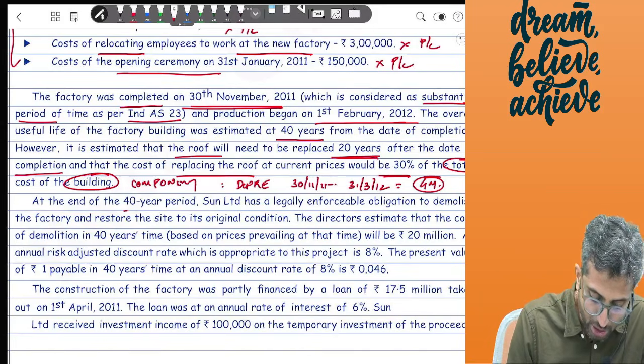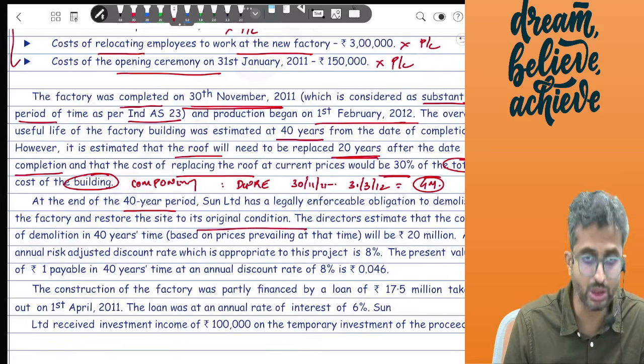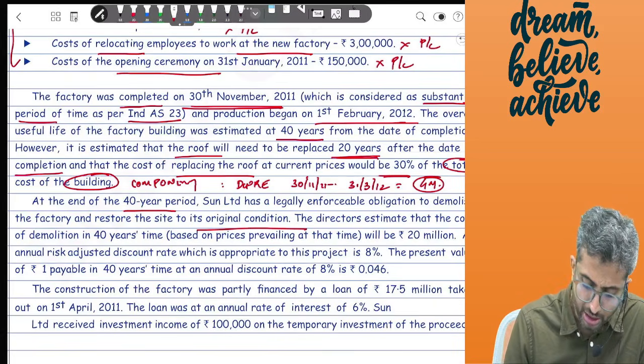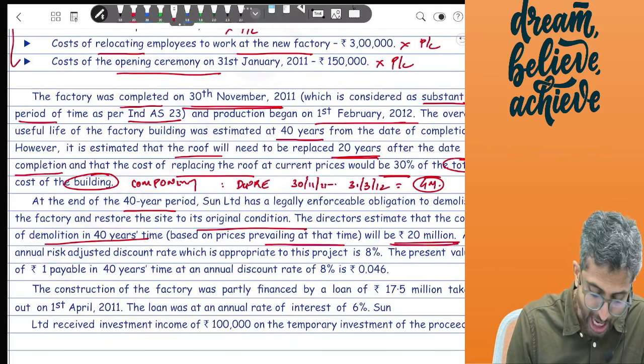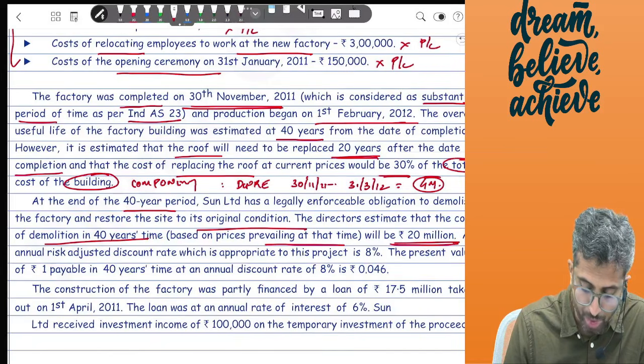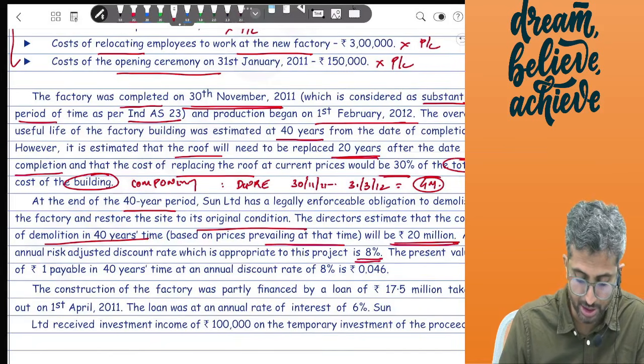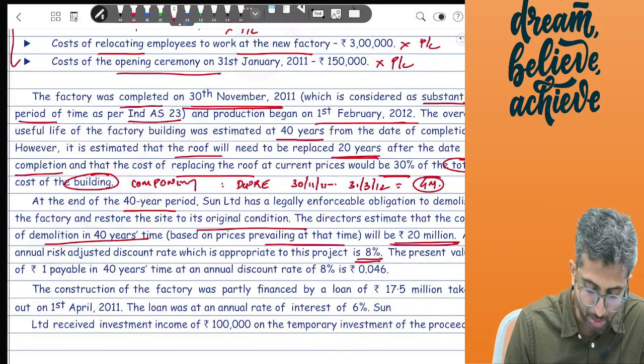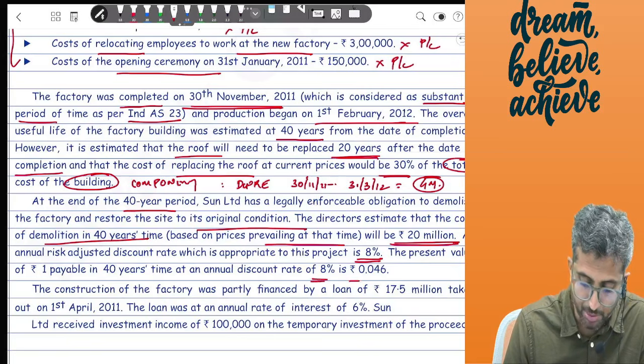At the end of the 40-year period, Sun has a legally enforceable obligation to demolish the factory and restore the site in its original condition. So there's a site restoration obligation. The directors estimate that the cost of demolition in 40 years time, based on the prices prevailing at that time, would be 20 million. An annual risk adjusted discount rate which is appropriate to this project is, let us say, 8%. The present value of 1 rupee payable in 40 years time at an annual discount rate of 8% is